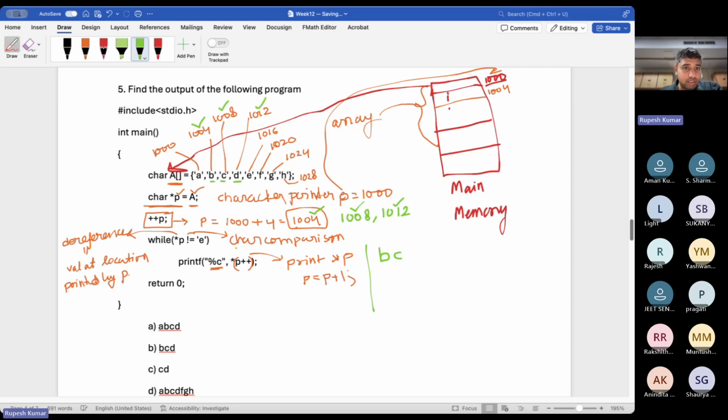Is D equal to E? No, D is not equal to E. So you go inside the while loop and you print the value located at the memory location 1012. The value is D. D will be printed here, right? Again, P equals to P plus 1. So what is the new value of P? P becomes 1016. Now, what is the value stored at the memory location 1016? The value is E, right, everyone? You can observe that at 1016, E is stored,